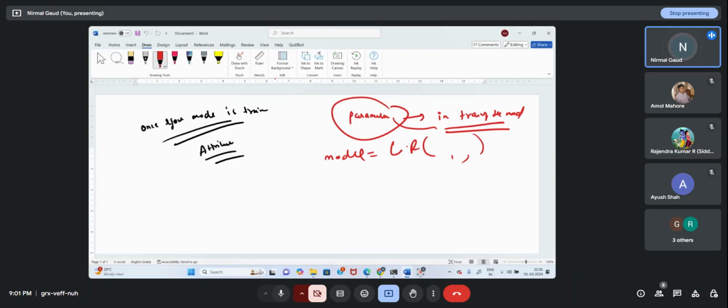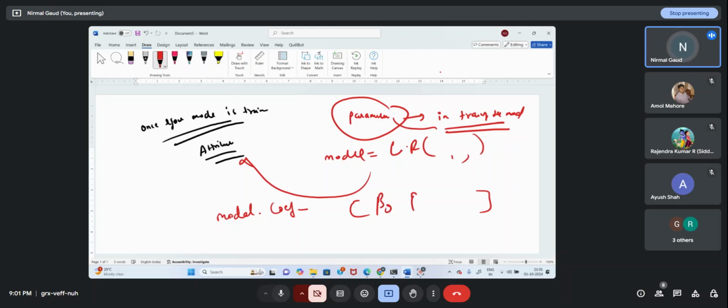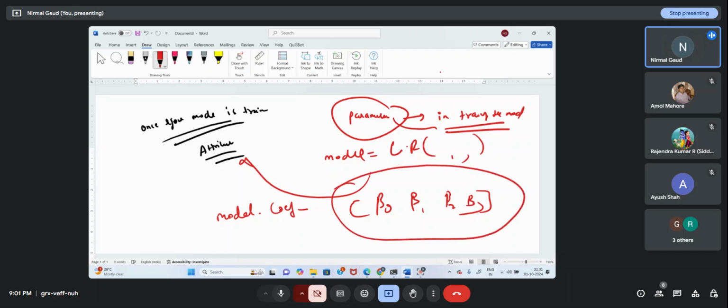Once the model is trained, you can use the attributes, like you can write model dot coef underscore, तो ये कोएफिशिएंट्स की वैल्यू दे देगा। It will give you an array of the coefficients. कोएफिशिएंट क्या है? कोएफिशिएंट है बीटा नॉट, बीटा 1, बीटा 2, बीटा 3, ये कोएफिशिएंट्स हैं। It will print these values in a form of an array. You should print the value of coefficient. भाई मेरे को बता तो दे कि तूने क्या क्या वैल्यू कैलकुलेट करके रखी है